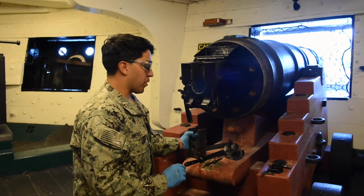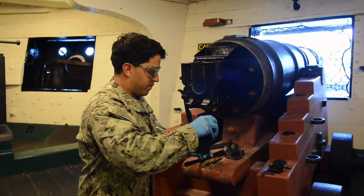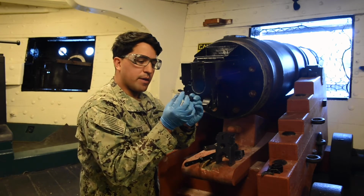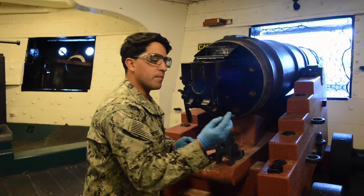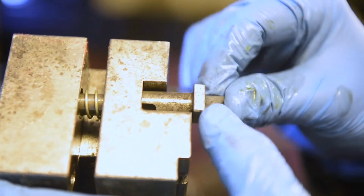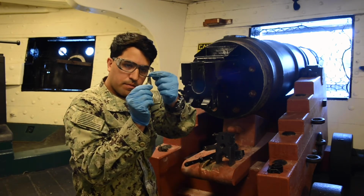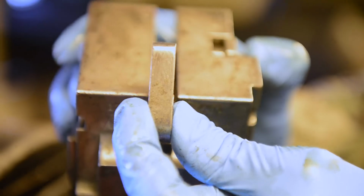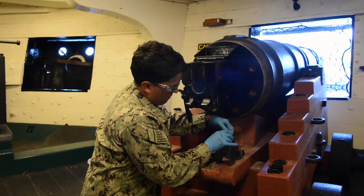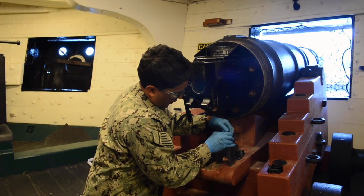Then we'll put our breech back together. Step says take the breech, put it upside down. You're going to take your sear and sear spring, and you're going to take your inner cocking lever, and you're going to place the sear and sear spring in. There's a little notch that's going to connect with your sear. You're going to push in on the sear until the notch catches,